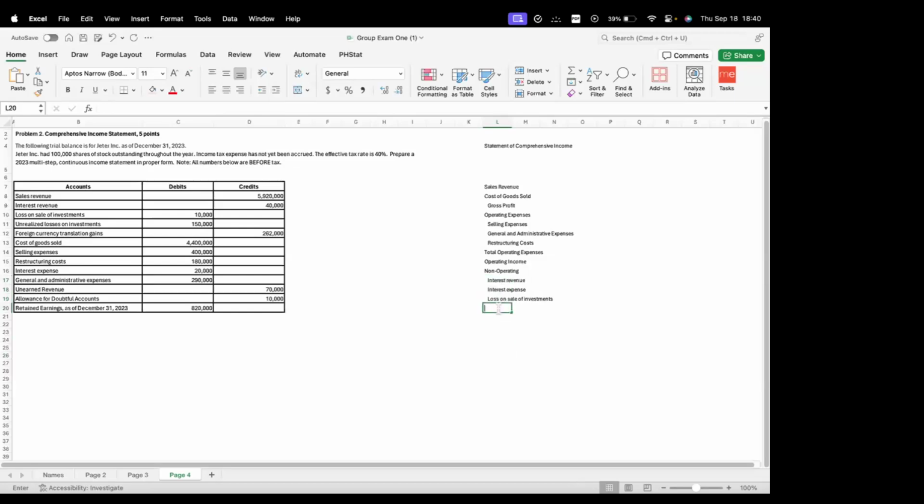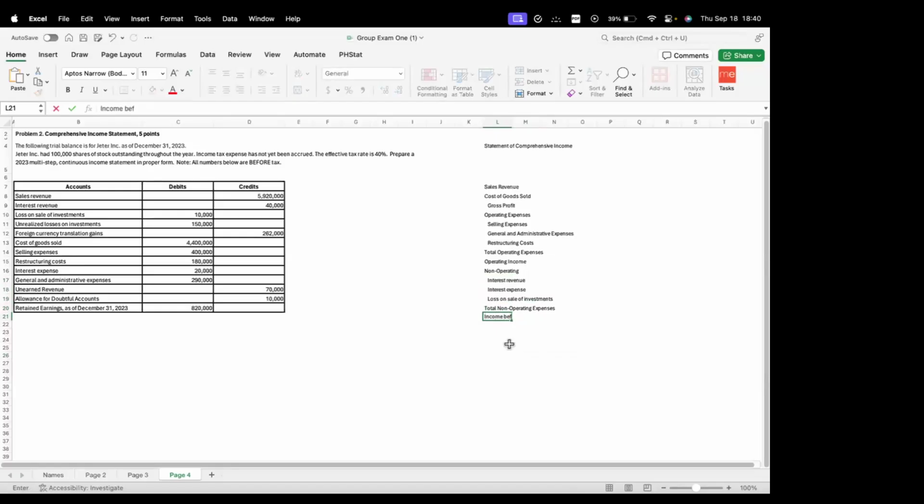And then income before taxes. Did we want one in there that's the total of the non-operating? Yeah, I can do that. Okay, and then